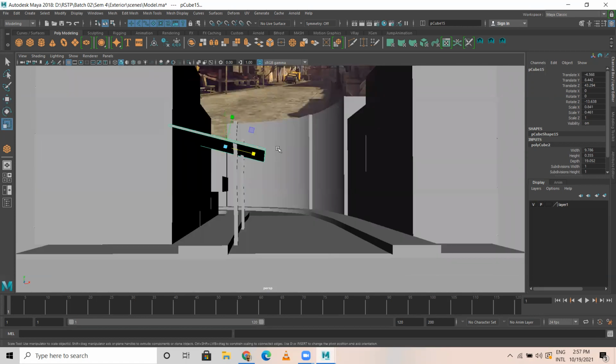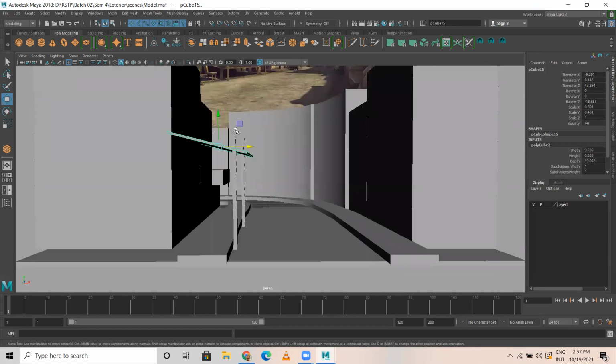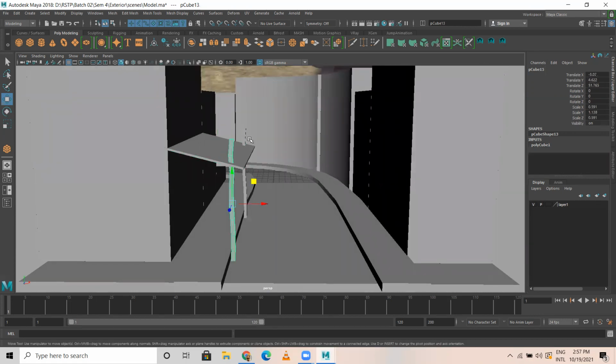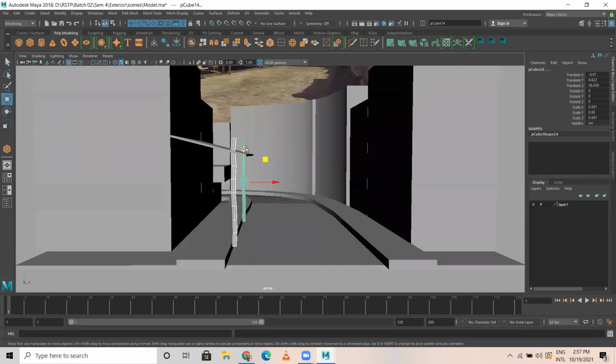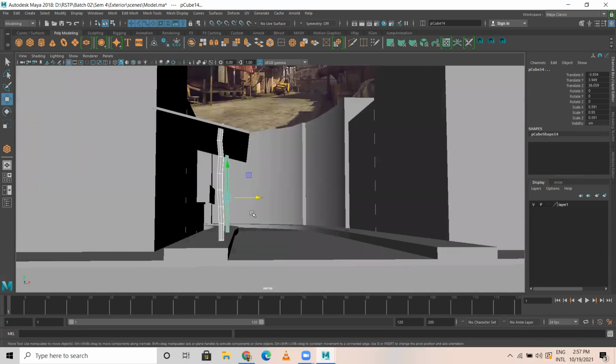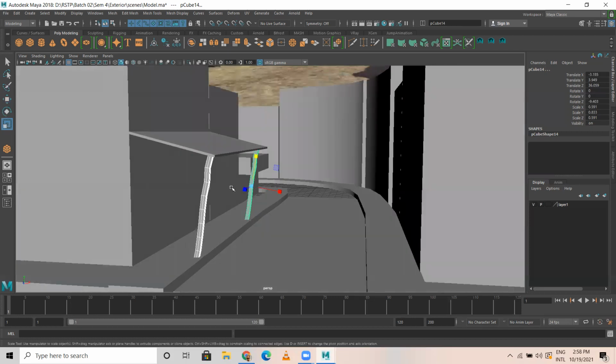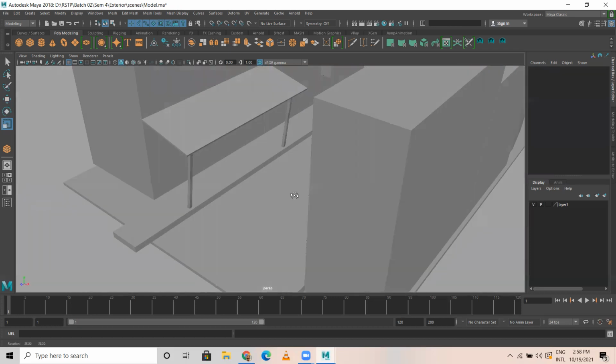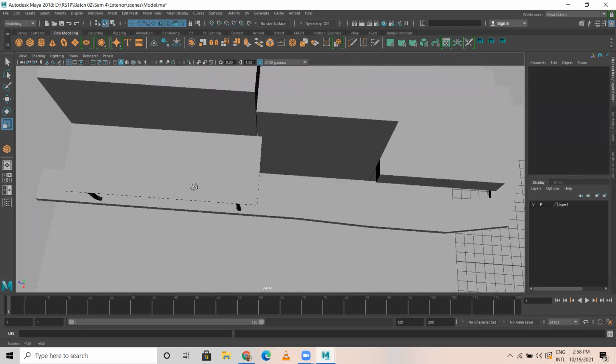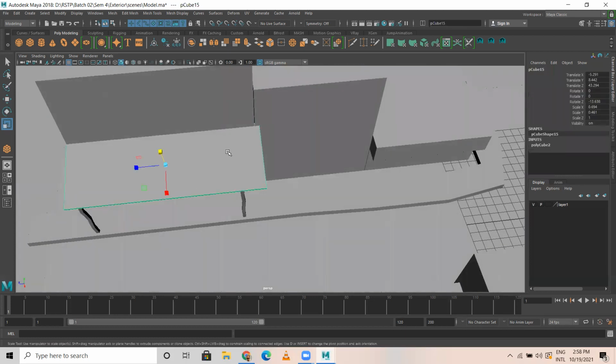Even less, like this. So this and this, I'm going to reduce the height of. It's done. Got it? Like this, you have to create the others as well.